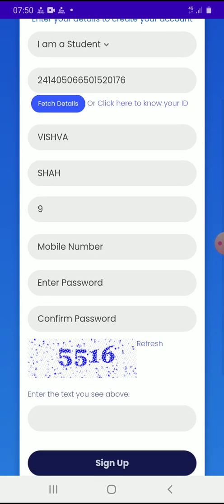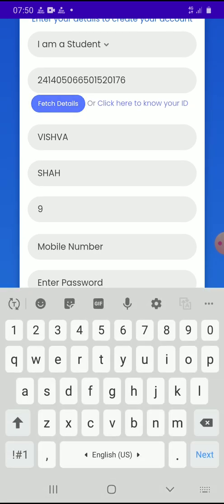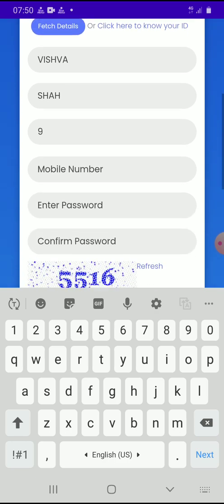Now here you have to enter the mobile number, either your personal mobile number or your parents' number. If you have your own mobile, it is advisable you enter that number, so that the OTP which you require will come. See that you enter the correct mobile number, otherwise you have to repeat the whole process.